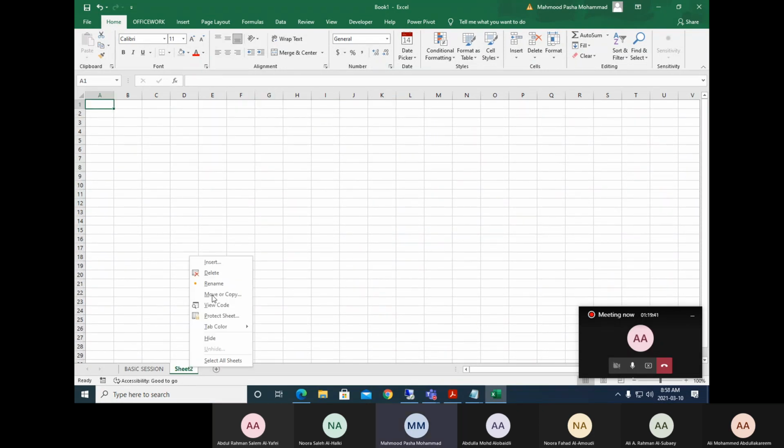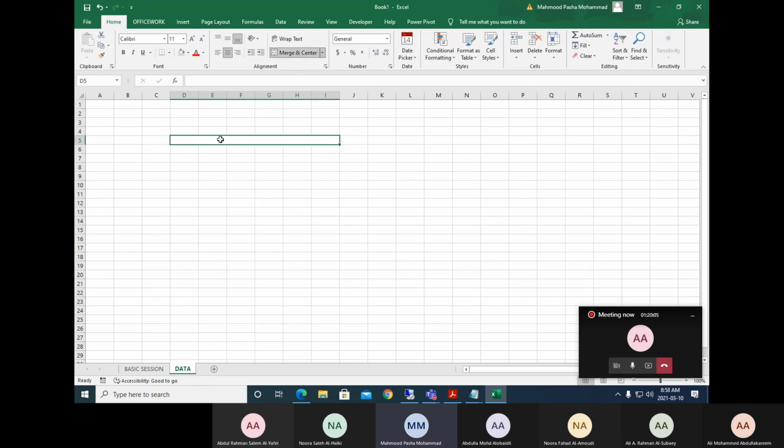So I'm opening another sheet, rename. I will be writing here like working on table data. So working on data, it's not just a data. Okay. Now here, let's try to understand all the contents that are available over here. For that, I'm selecting certain cells over here. Then I will say merge and center. So this is already merge and center.